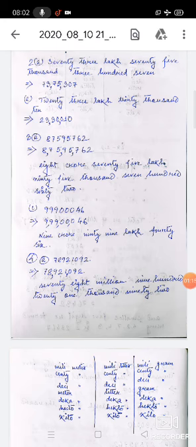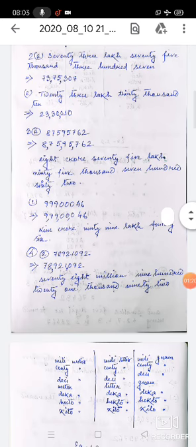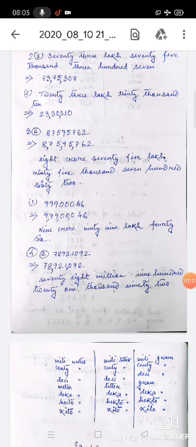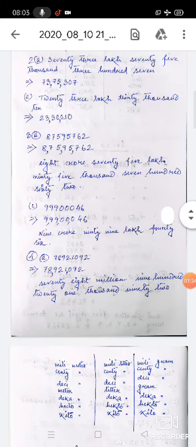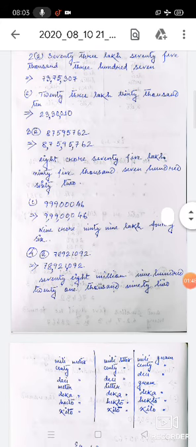Okay. Now question number 3A, insert commas suitably and write the number name according to the Indian number system. First we have to insert the commas. So question number A, 87595762. After 3 digits from the right we use a comma, then after 2 digits we use another comma, then after 2 digits. Always remember, from the right we have to use the commas. If anyone uses the comma from the left, then the answer will be wrong.